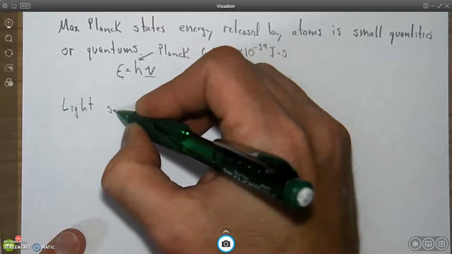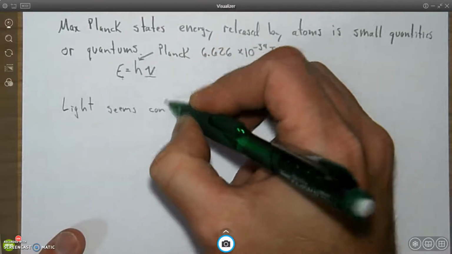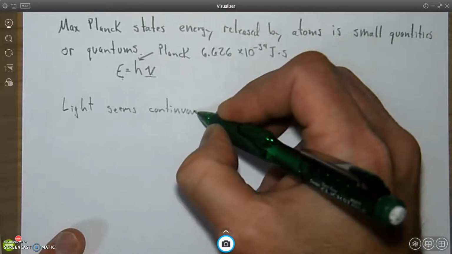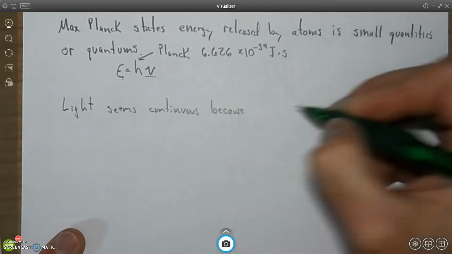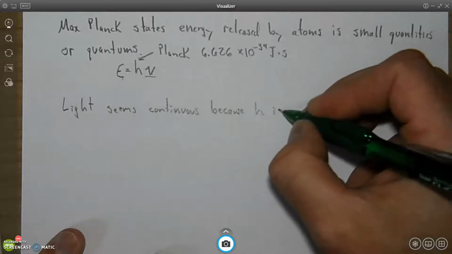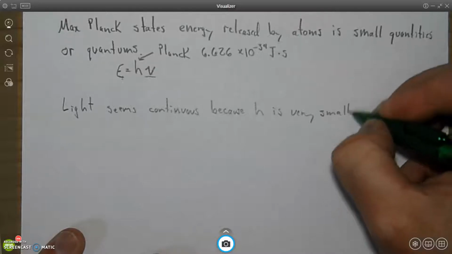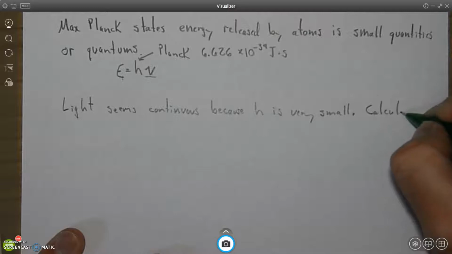Light seems continuous. Just stating this little fact here: light seems continuous because h is very small. Here we go. Calculate